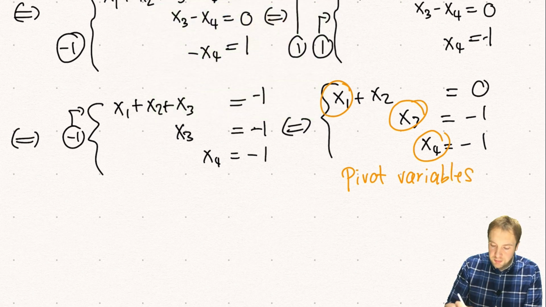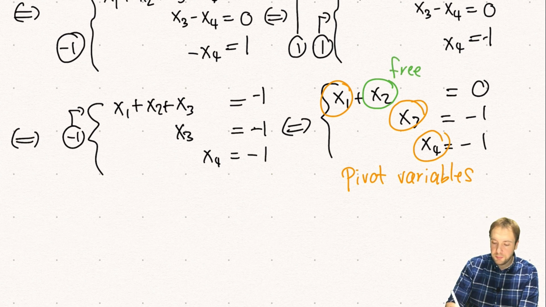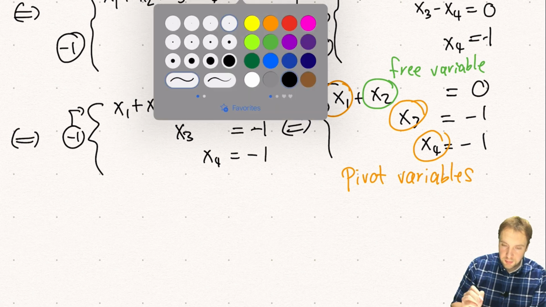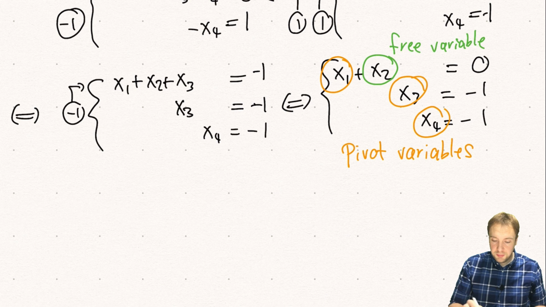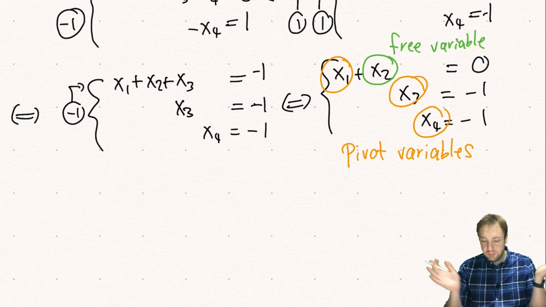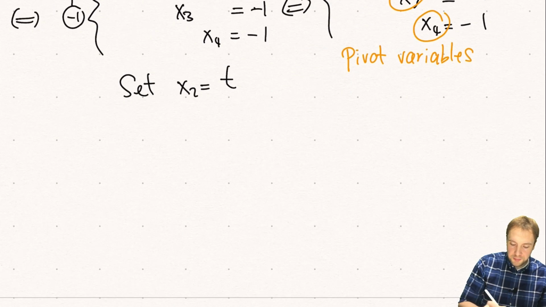And the remaining variables, in this case x2, is a free variable. So what we can do to find the solutions is, we can say x2 is some real number. And then the solutions